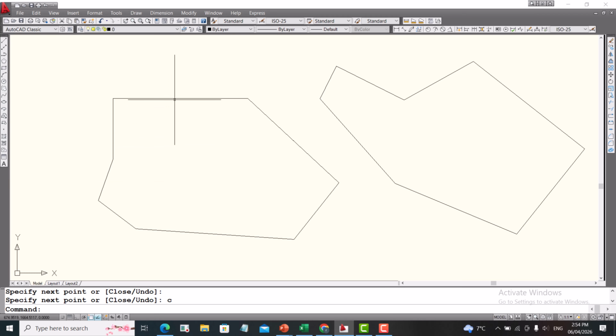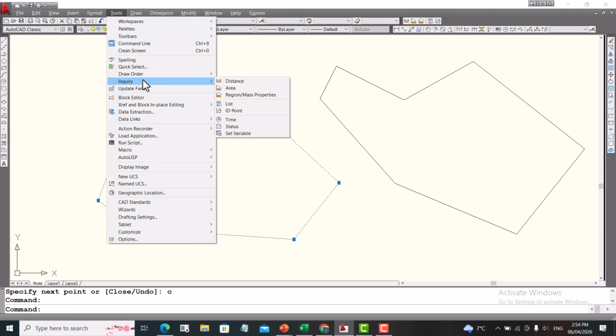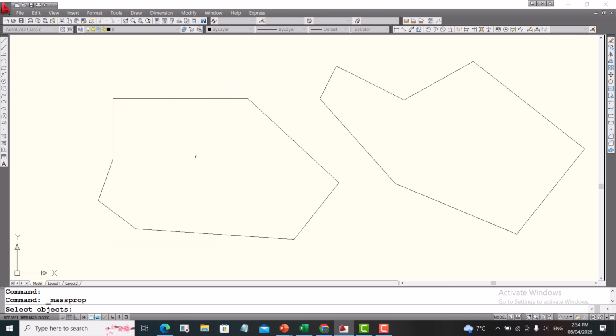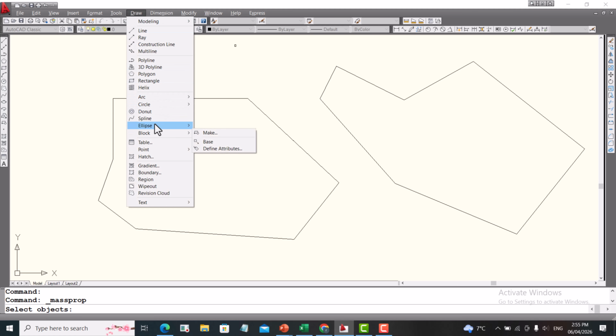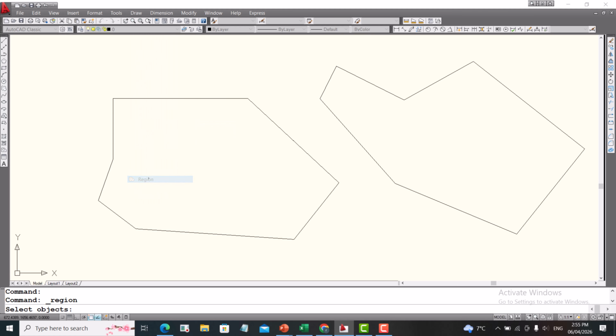Now if I select this one, then from tools, inquiry, region mask properties, you see I can't get any option. But if from draw I go to region and select it,